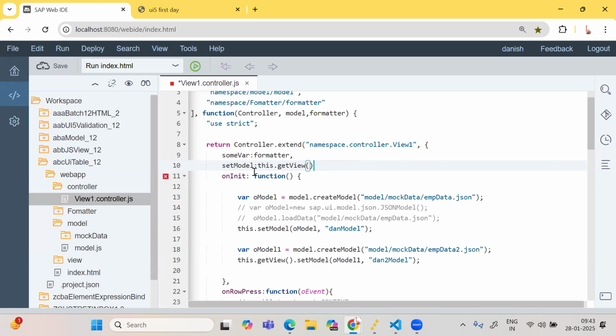Let me give one more try. This dot get view. I'm just pointing to set model. So where is the part that's there? You just copy this part, Control C. Okay, this dot get view. Let me make it